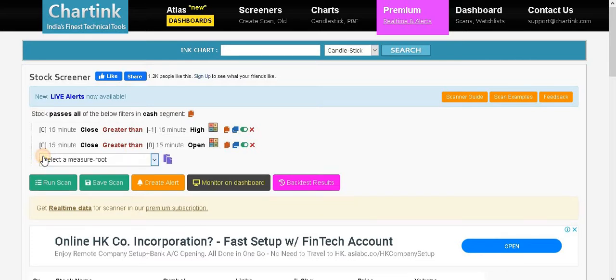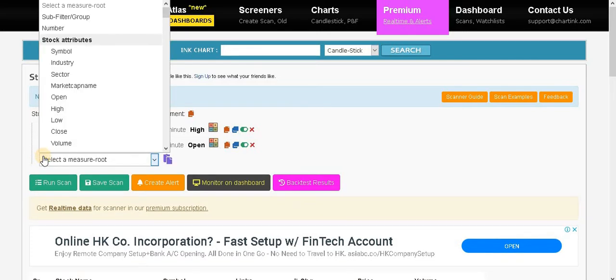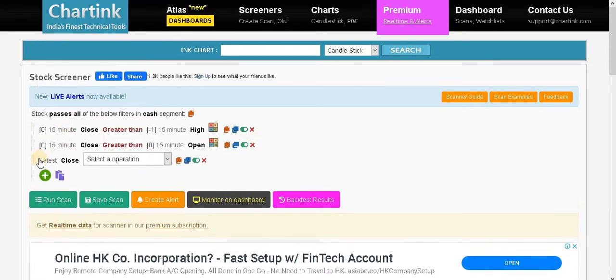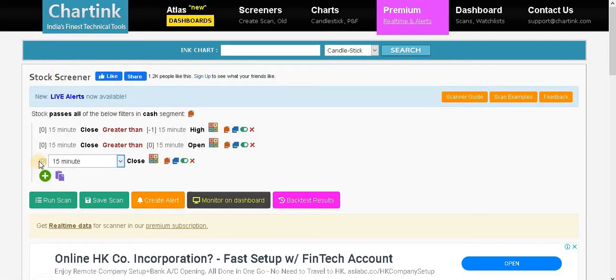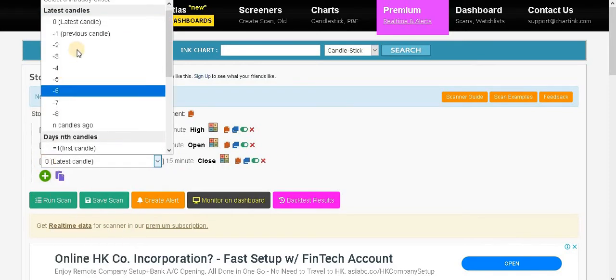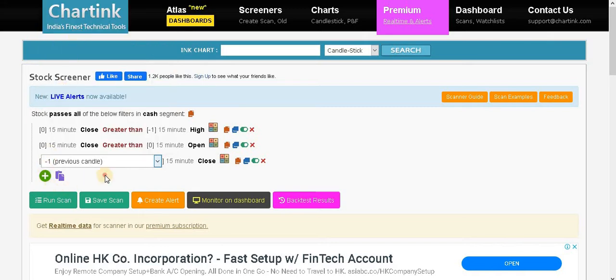Now the third one, this will again be close, and as usual the timing will be for 15 minutes time frame. But over here there is a catch. Now over here we need to select the previous candle, that is -1.